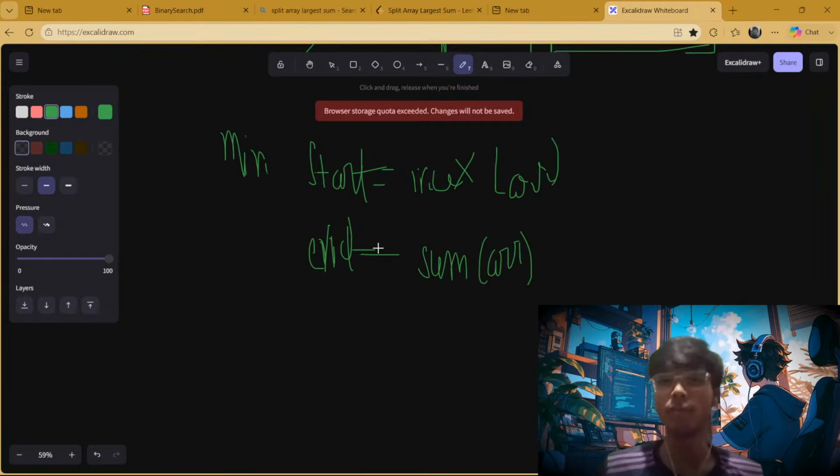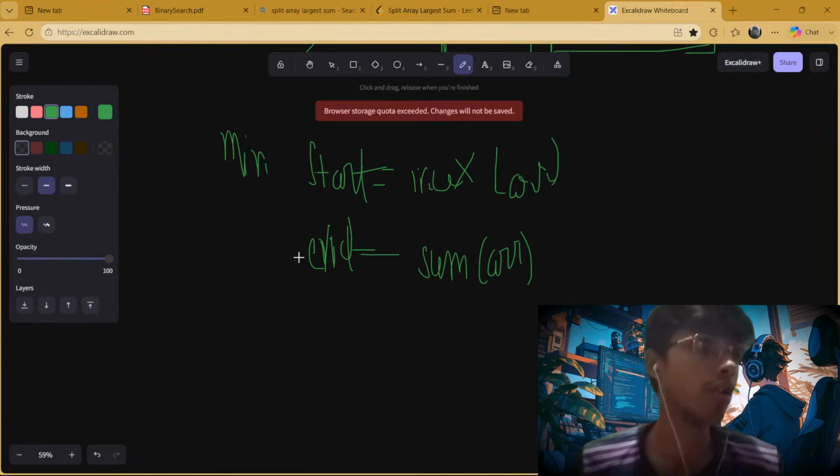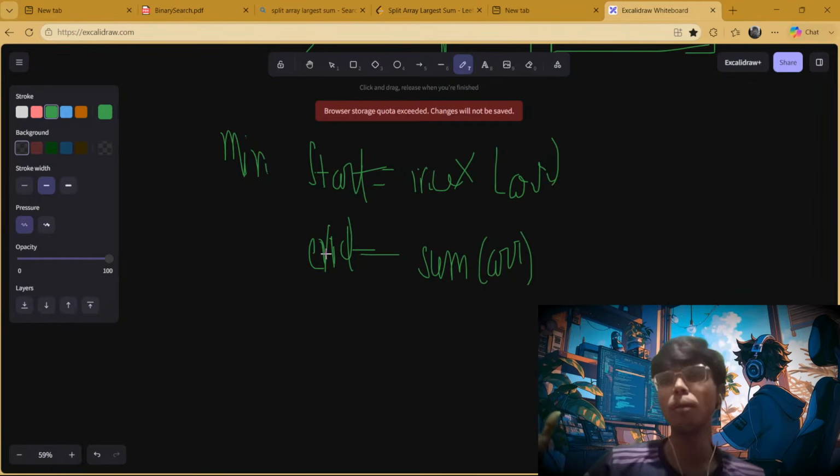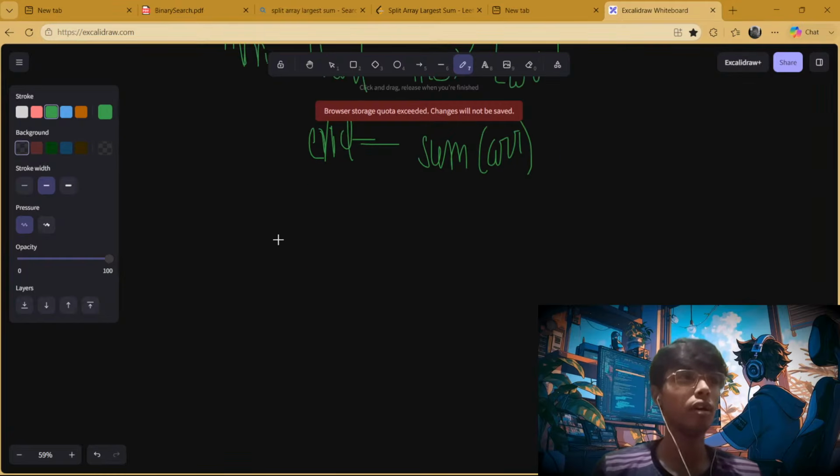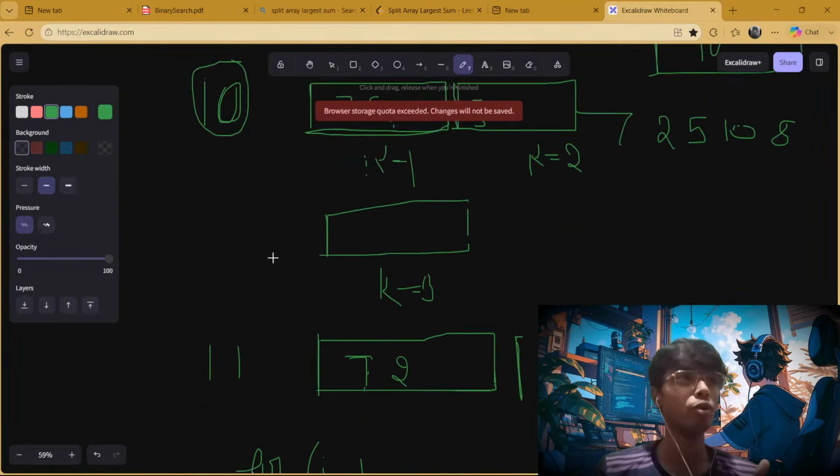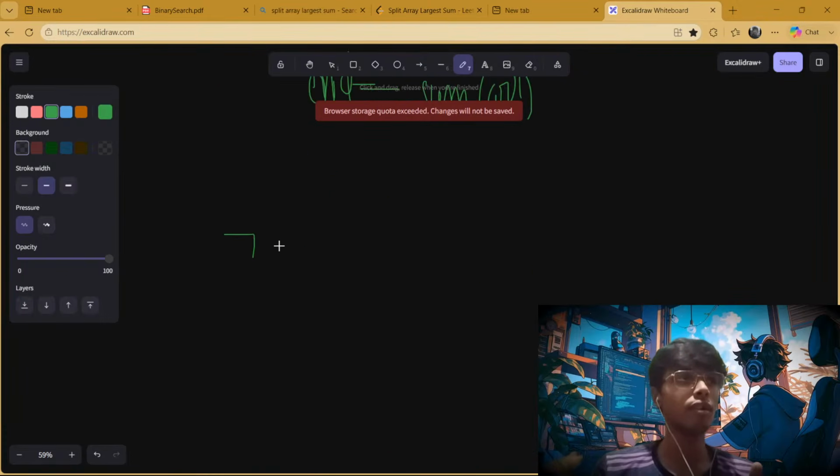So what we are observing here is, okay, so we get why we are thinking about the binary search. So basically, if we see here that the starting point will be the maximum element. So if we see that if I see 7 to 5 and then 10 and 8, so if we take the maximum element, it will be